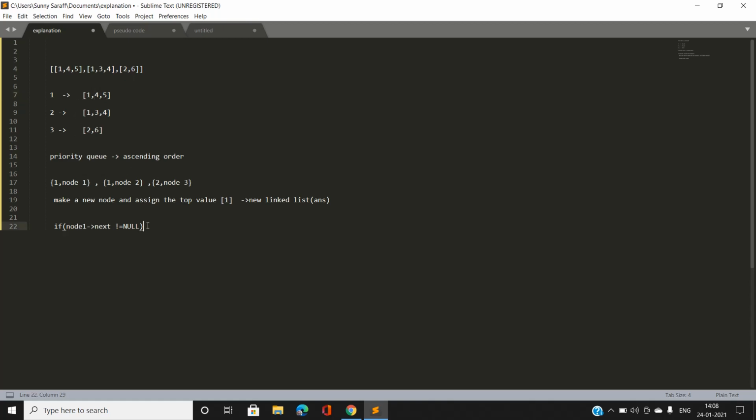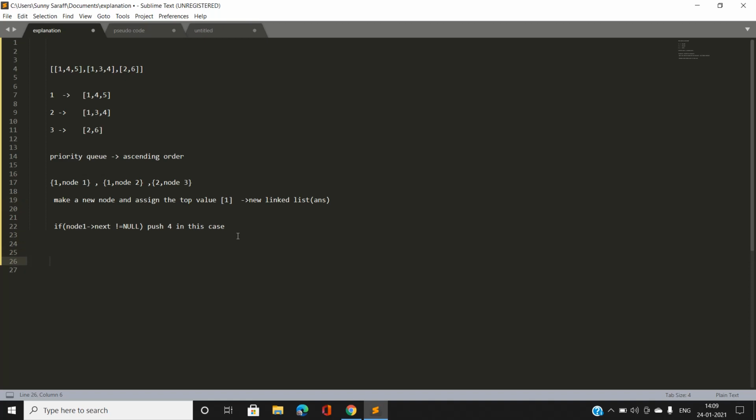So we will be pushing 4 in this case. After pushing 4, we will move our answer's next pointer, and the priority queue will have this state.